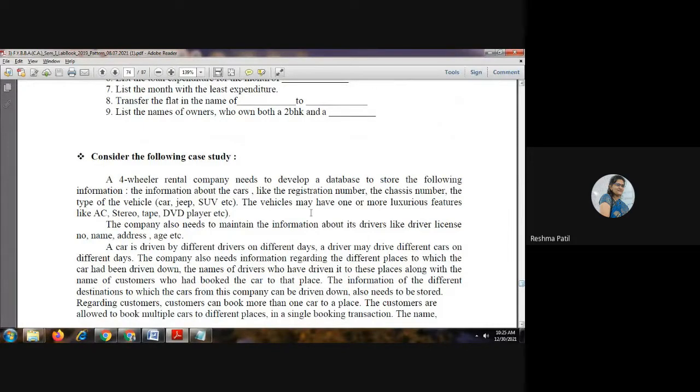For example, they have given here type of vehicle. What types of vehicle do we have to take? Car, jeep, SUV, etc. Then for the vehicle table, what are the fields mentioned here in the theory part? You have to find that out, decide these are the fields for this particular table, and after that create the table. While creating the table, check the queries also.